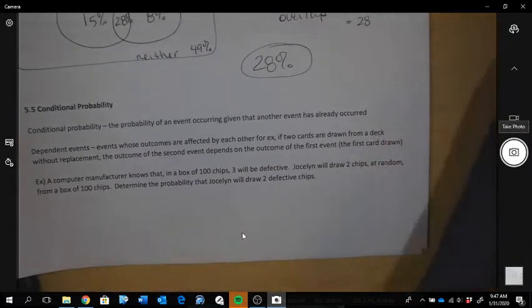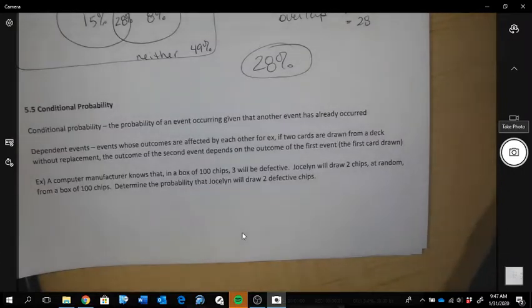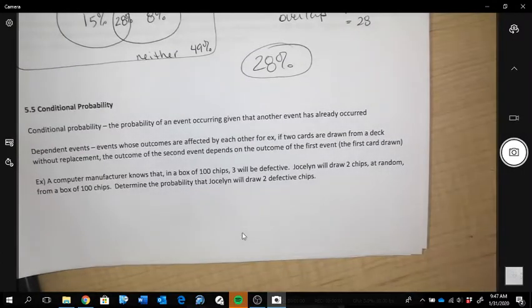Okay, 5.5 is called conditional probability. Conditional probability is the probability of an event occurring given that another event has already occurred. And a dependent event is an event whose outcomes are affected by each other. So for example, if you're drawing two cards out of a deck without replacing it, your second draw is dependent